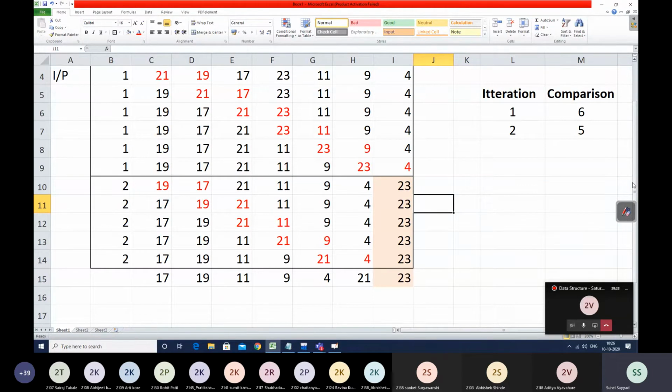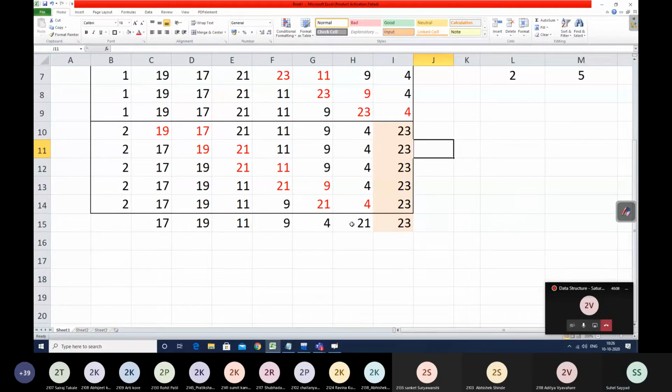In the next iteration, we reduce the problem by 1 from the right hand side. In some textbooks that reduction step is not written. If you don't reduce, it is still not going to have any impact on your answer. Even if I compare 21 with 23, my answer is not going to change. So why waste the comparisons of our computer? We can write a more effective solution, so we reduce that. So in the second iteration, we are doing only 5 comparisons. This is now the input of our third iteration.